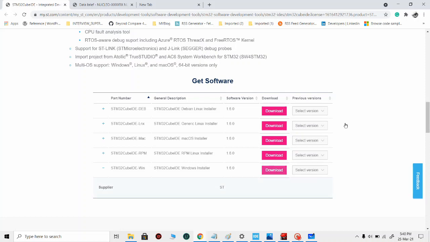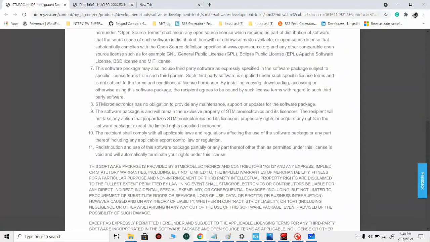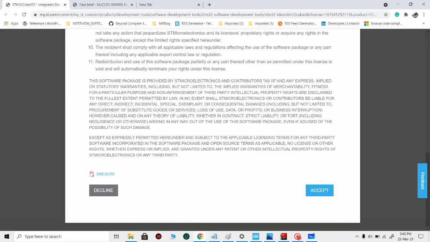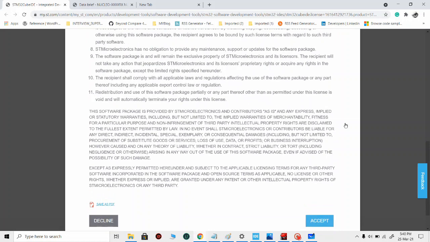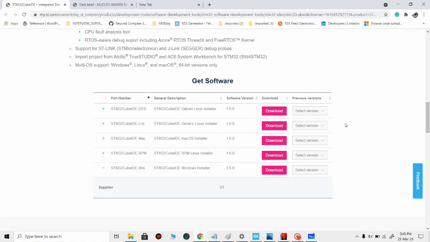Once you click the download, you will have to accept the terms and conditions that they have. After accepting it, your download will start, and it will contain a zip file.